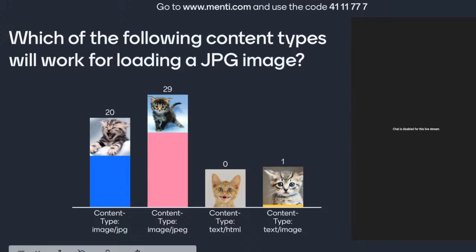And this text slash image, you would think, can I send text images? That's a good way of thinking about how we might want to send something where we want to send different types of images and different types of texts. And that requires a lot more complex thinking. So yes, it is possible to do both text and images, but it's not this one, unfortunately. So well done to most of the class on getting this right. You're all very, very attentive and very knowledgeable. So well done. Let's go back then to